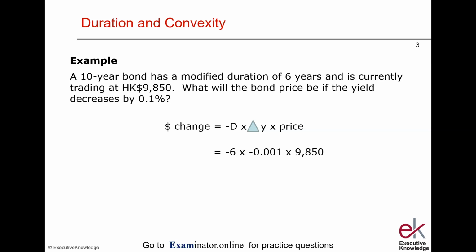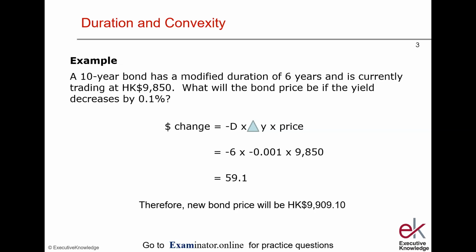That gives us minus 6 multiplied by minus 0.001. Because we have two minuses, they cancel out when we multiply and we go to plus. So the dollar change is going to be positive. That is, for a decrease in yield, a bond price will go up. Multiplied by 9,850 gives us $59.10. That is to say that the bond price will go from 9,850 up to